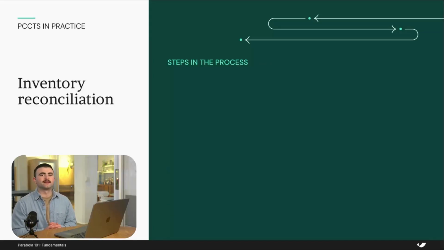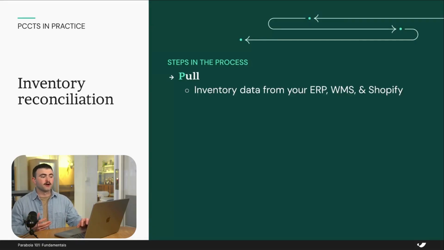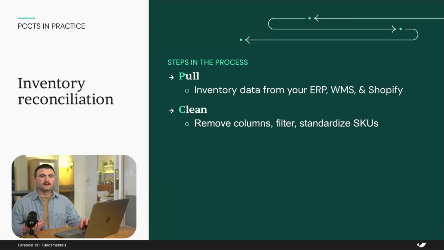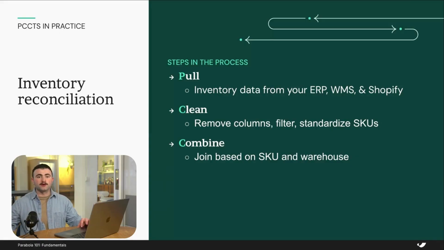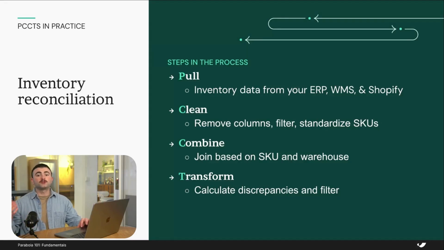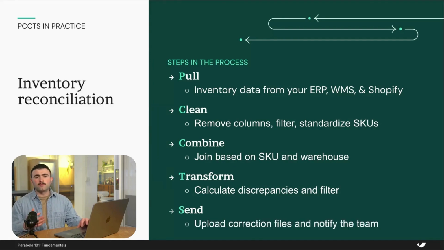Take an inventory reconciliation, for example, where maybe we want to compare inventory levels between Shopify, our WMS, and ERP, and resolve any discrepancies. We might get started by pulling in data from those 3 different systems before we clean it, doing things like removing columns, filtering out retired SKUs, and making sure all of our data is standardized so that ultimately we can combine our data based on unique identifiers like SKU and warehouse. Once all of our data is together, then we can transform our data, doing things like calculating discrepancies and filtering for just material variances. From there, we can ultimately send that data off, doing things like uploading correction files and